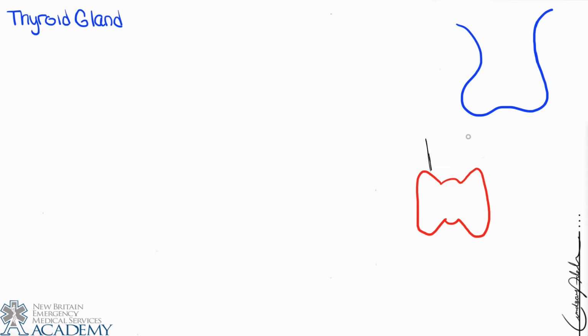Everyone. In this video, we're going to be discussing some of the peripheral endocrine organs and glands and the hormones that are released from each location in the body. So we'll start by discussing the thyroid gland. The thyroid gland is a component of the hypothalamic pituitary thyroid axis and is under direct control from the hypothalamus